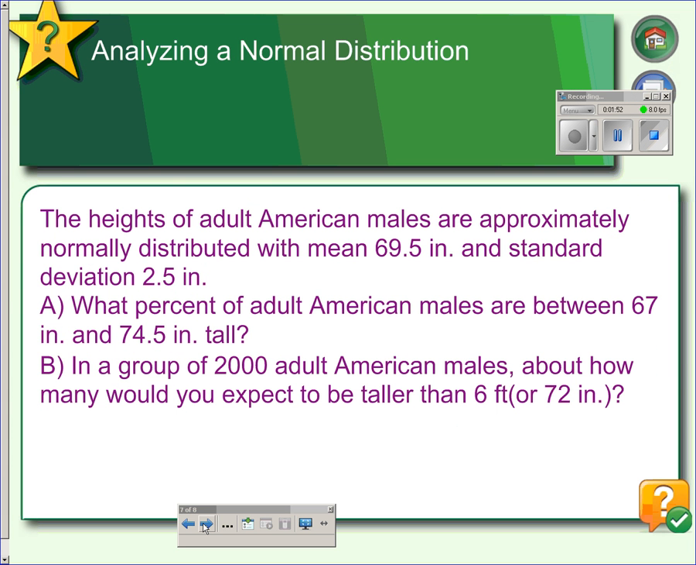In our next example, we're talking about adult American males. And it says that the heights of adult American males are approximately normally distributed with a mean of 69.5 and a standard deviation of 2.5. They want us to calculate a percent, which means we're going to have to draw our picture and label the percentages. So in the middle, we have 69.5, and then going 1, 2, and 3 standard deviations in each direction